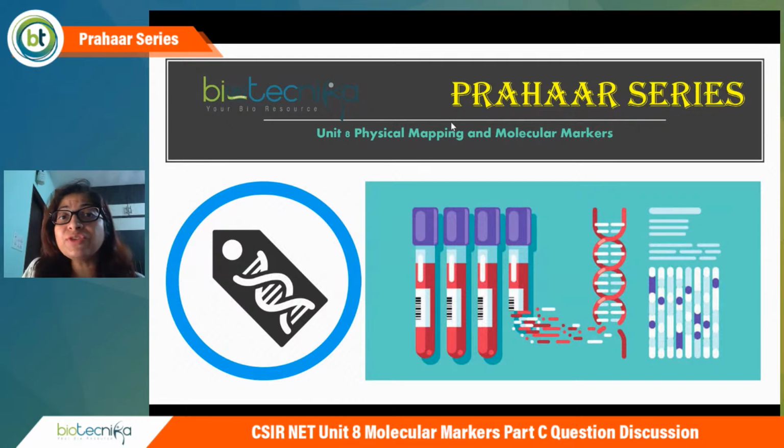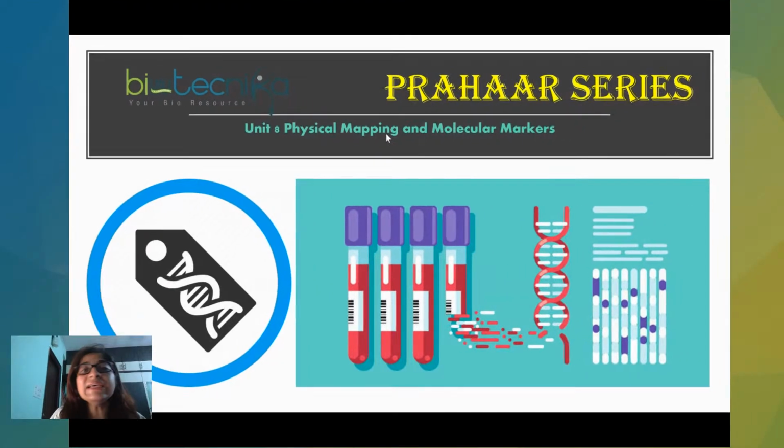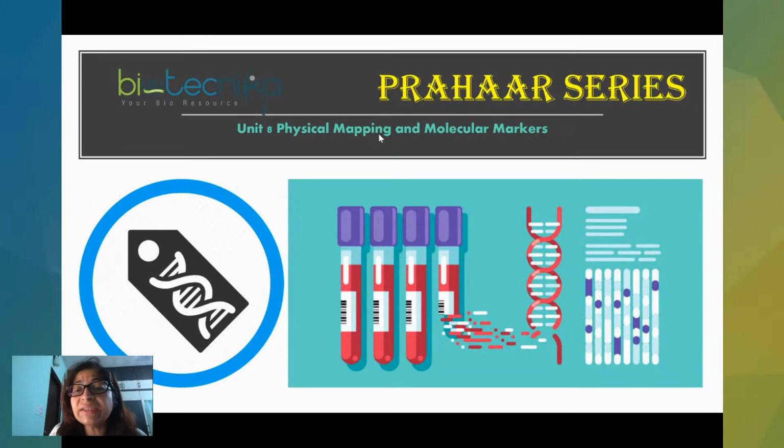So in linkage maps, we get the distance in terms of recombination frequency. How frequently two genes will recombine gives us the recombination frequency, and this gives us the genetic distance between the genes. If the recombination frequency is high, it means the genes are present far apart. If the recombination frequency is low, it means the genes are present close. Physical mapping is not like that. When we talk about physical mapping,